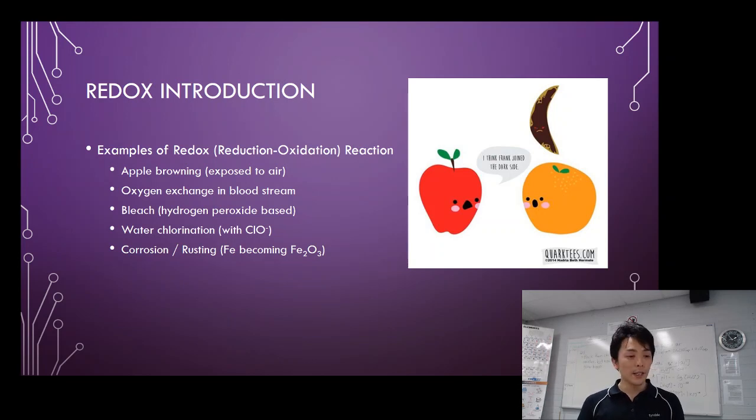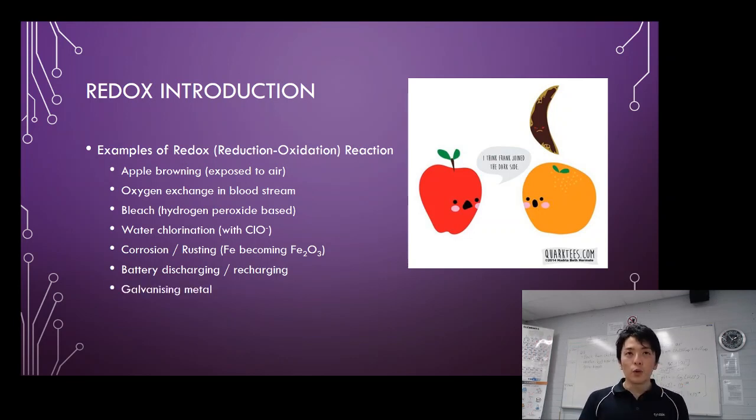Corrosion or rusting, same thing. Fe can become Fe2+ or Fe3+. That's going to appear as rust. Battery discharging and recharging, that is a reaction that you would even do as a practical. Galvanizing metal, you would hear galvanized zinc sheet for roofing and so on. By having a zinc layer, it lasts longer than just steel. Metal production uses what's called electrolysis. So you extract metal from, say, copper ore or zinc ore, and the last process is usually the electrolysis,